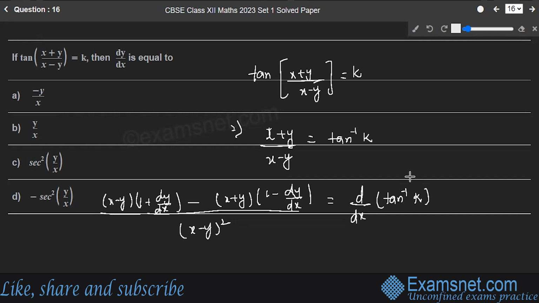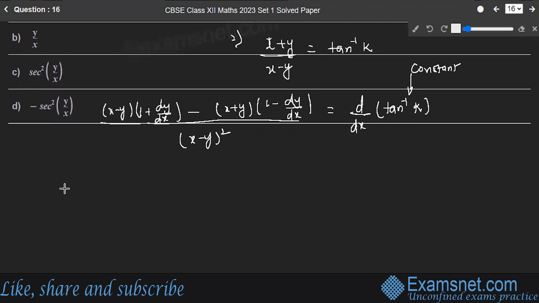Tangent inverse k is a constant because k is a constant. I'll open up the brackets. This is x into x minus y plus x into dy by dx minus y into dy by dx minus x